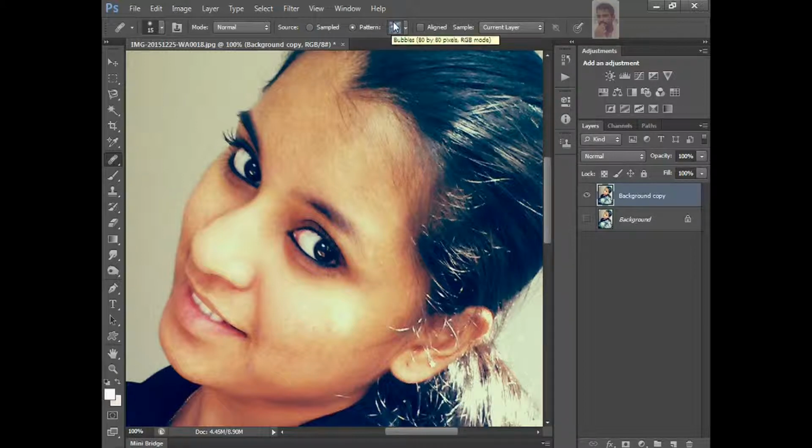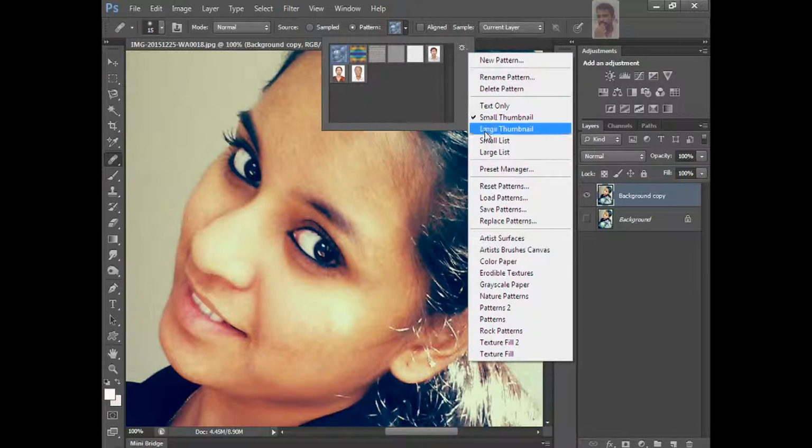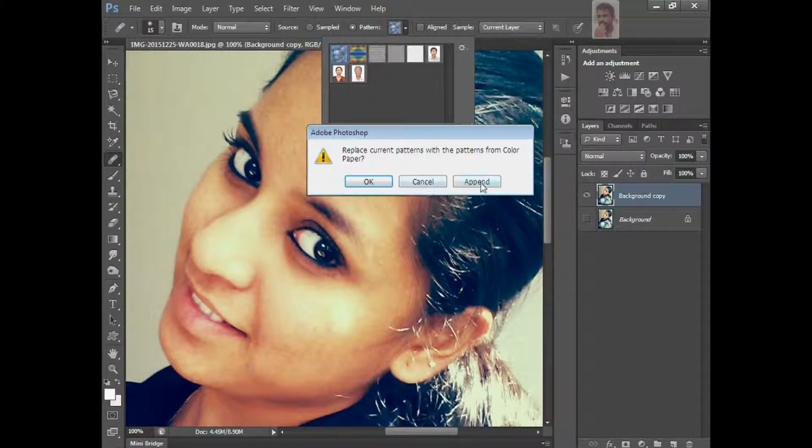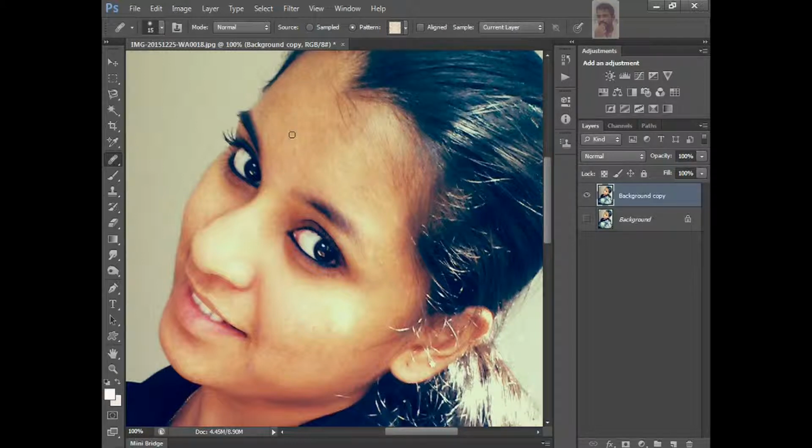There are different patterns there. If you want to add patterns, click here. Choose color papers, click append, and they come here. Take this color paper, increase the brush size, and drag it here.